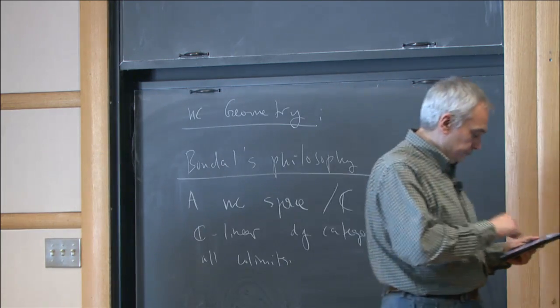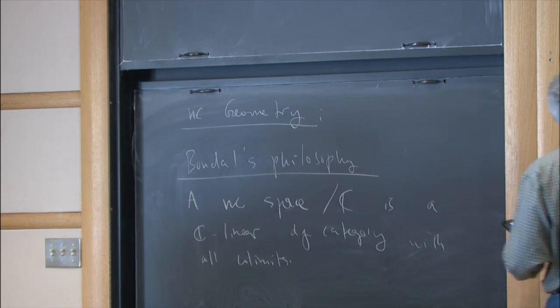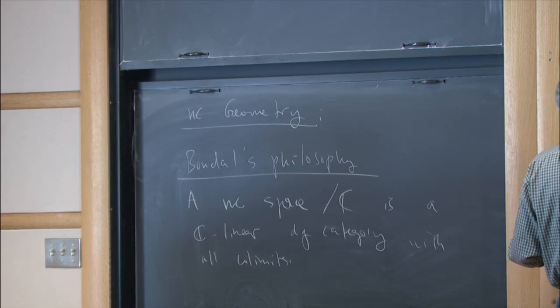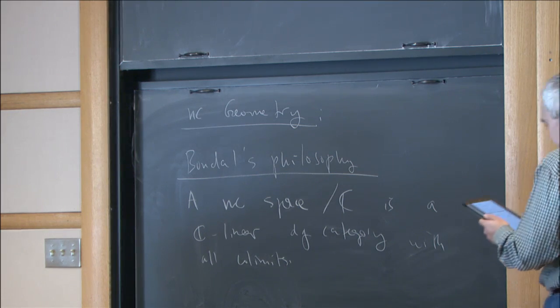So the notation that I'll be using, it's not the standard notation, but just for a shortcut, D(X) will be the category, and X will be the non-commutative space. So the space will not be there in general, but